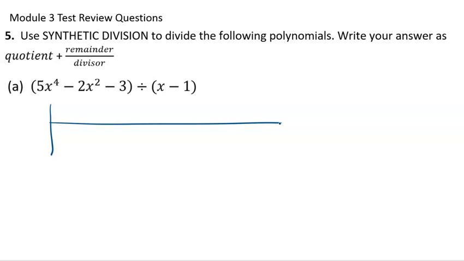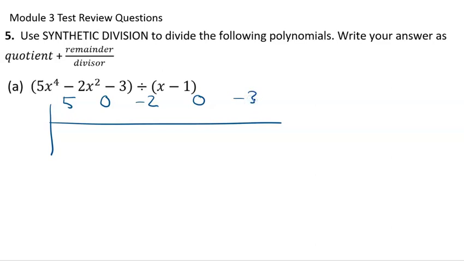But what's going to need to happen no matter what is across the top of a bar, you're going to need your coefficients, and they need to be in descending powers order. So notice I have a 5 to represent my 5x to the fourth, but I don't have an x to the third, so I have to put a 0 there. Not a 1, a 0. I do have an x squared. It's a minus 2 coefficient. I don't have an x term, so I need a 0,